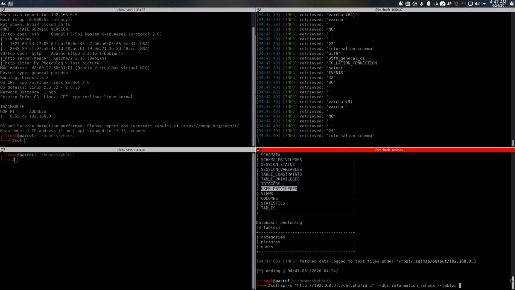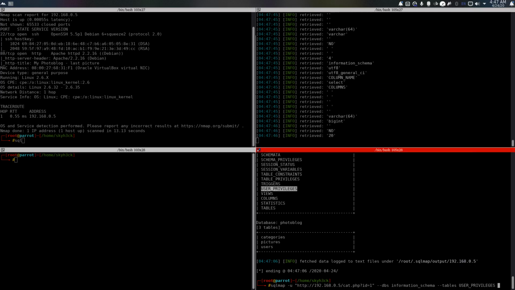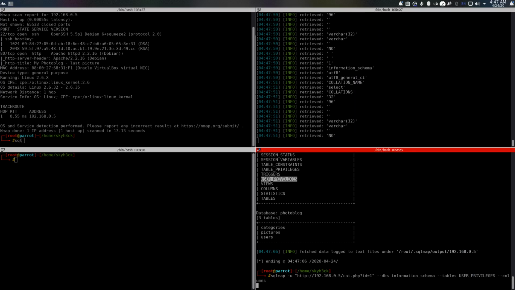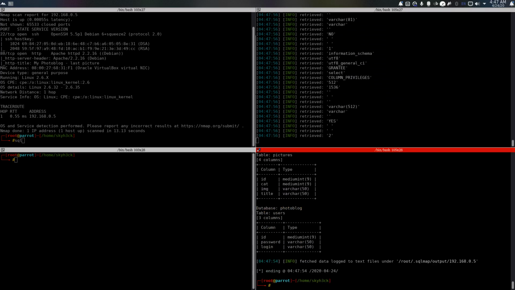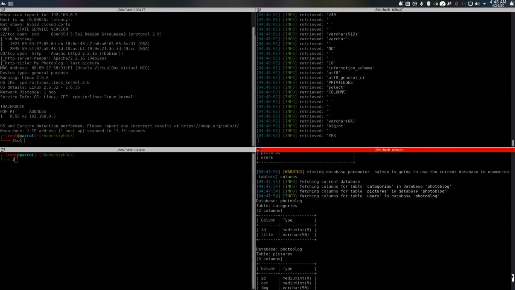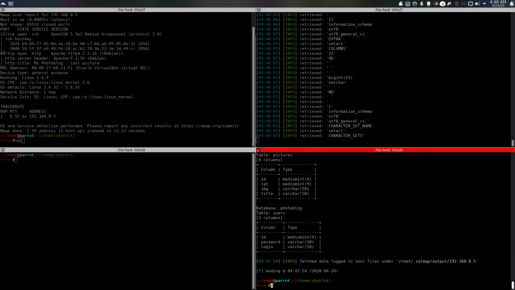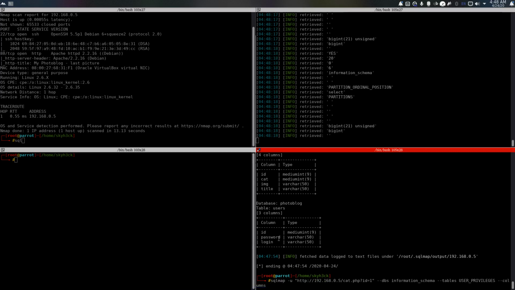So we copy this, we come back here, and then for tables we paste, and then again we start looking for the columns. I hope it will do. Nice. So in the columns we have blah blah blah, not that interesting. I think the interesting one is the first one. Oh, we have password here, column. So what we do next is we select the column, we say password,